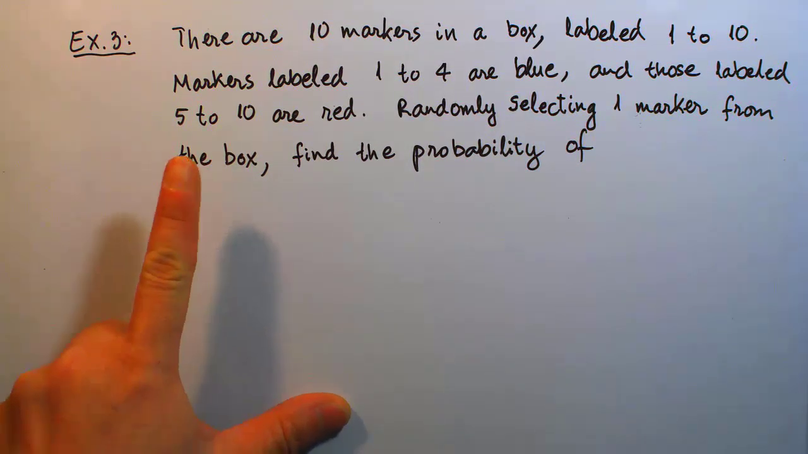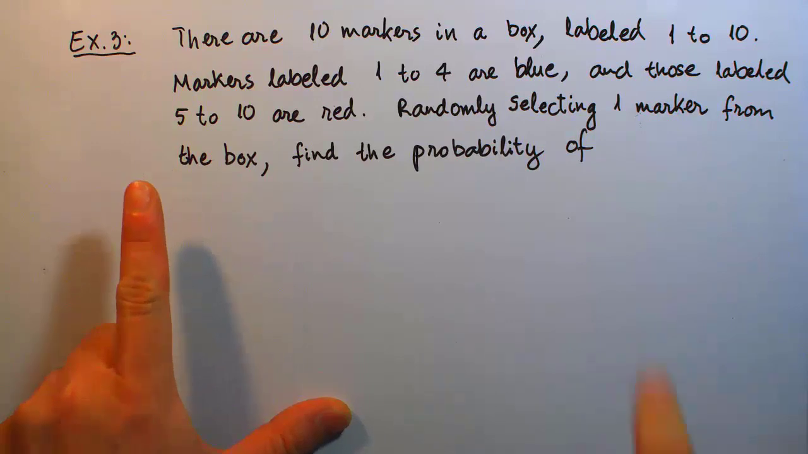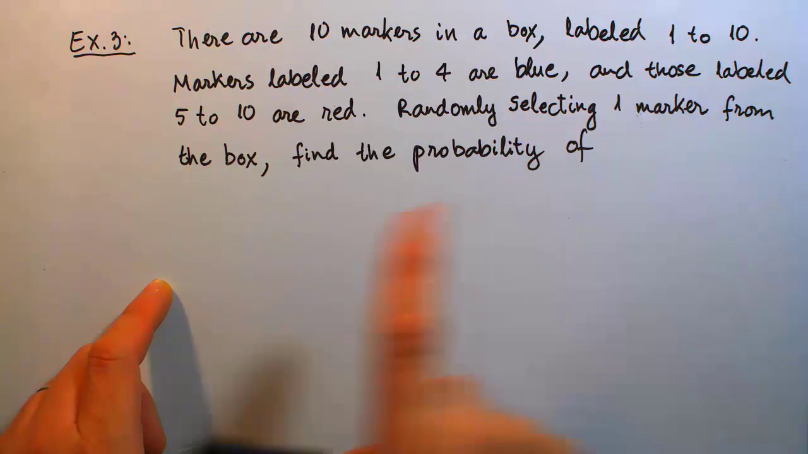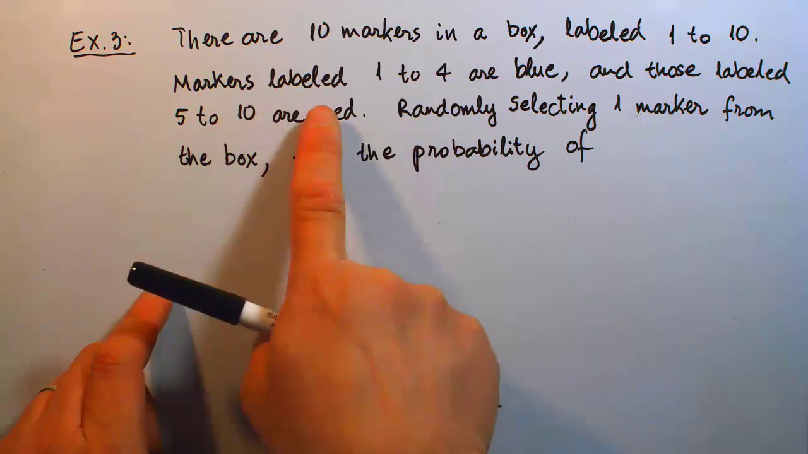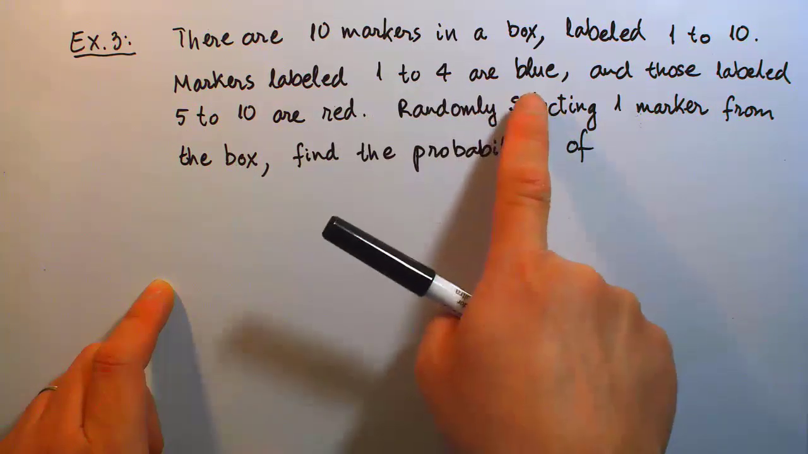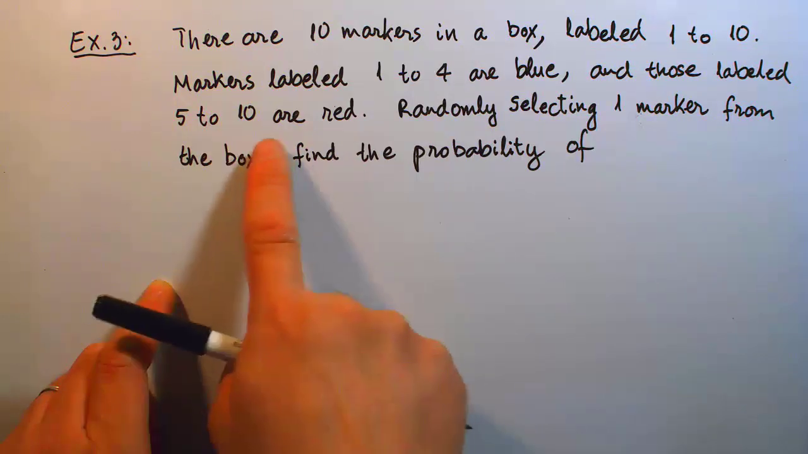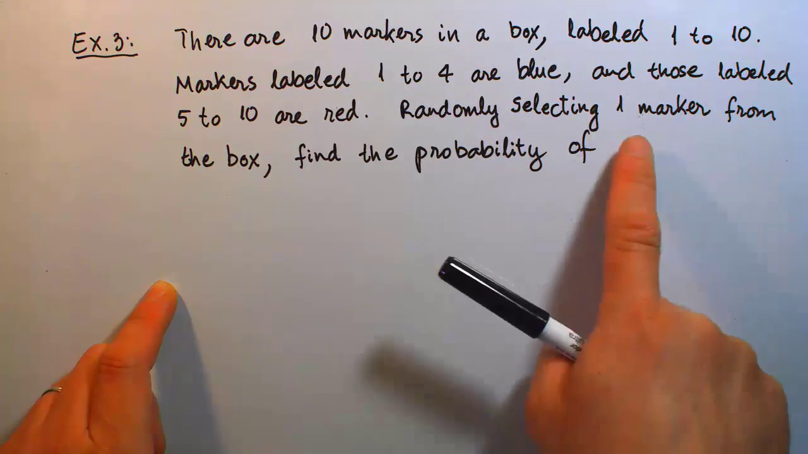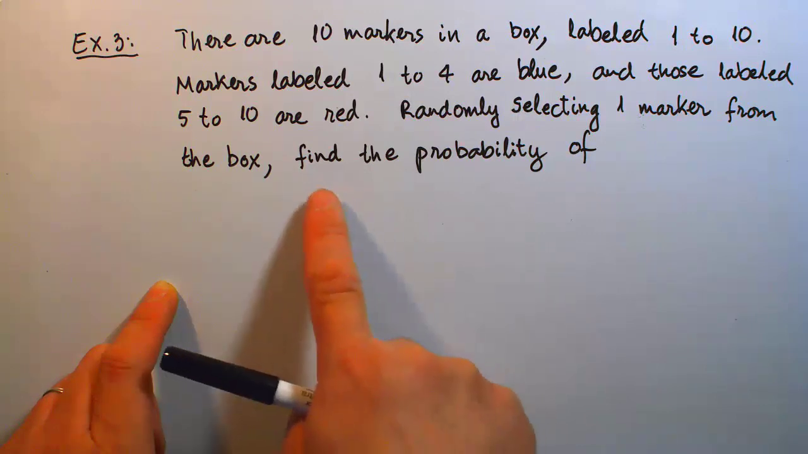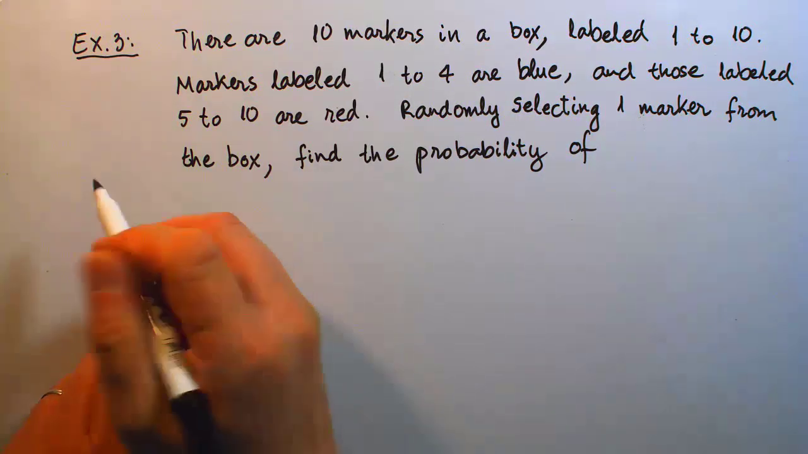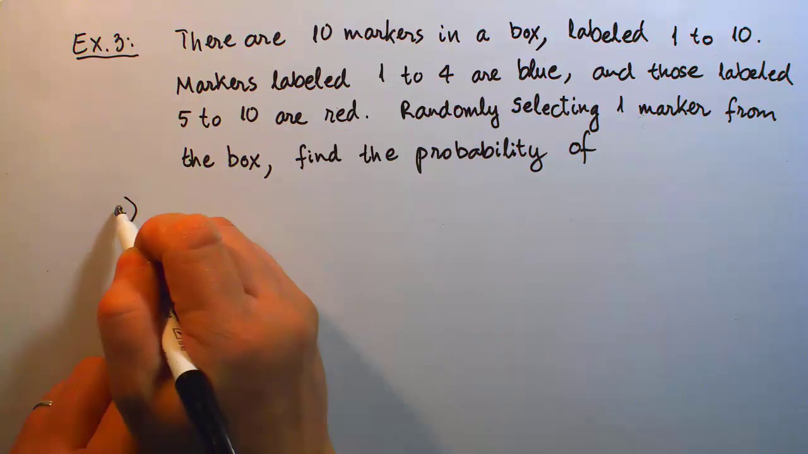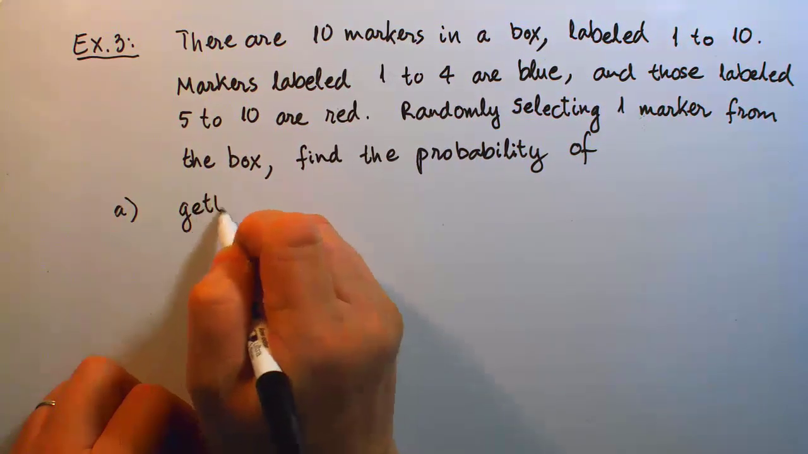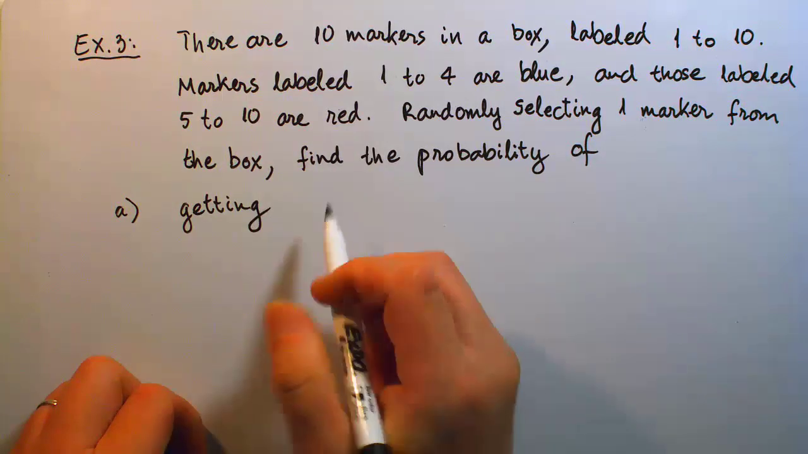Reading the example itself, before I put up any question: there are 10 markers in a box, labeled with numerical labels from 1 to 10. Those markers labeled from 1 to 4 are blue, and those labeled from 5 to 10 are red. If we randomly select one marker from the box, question A is nothing new. Find the probability of getting a